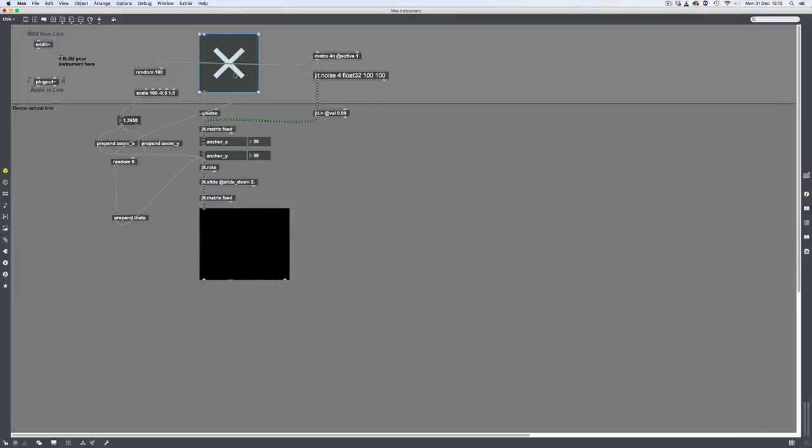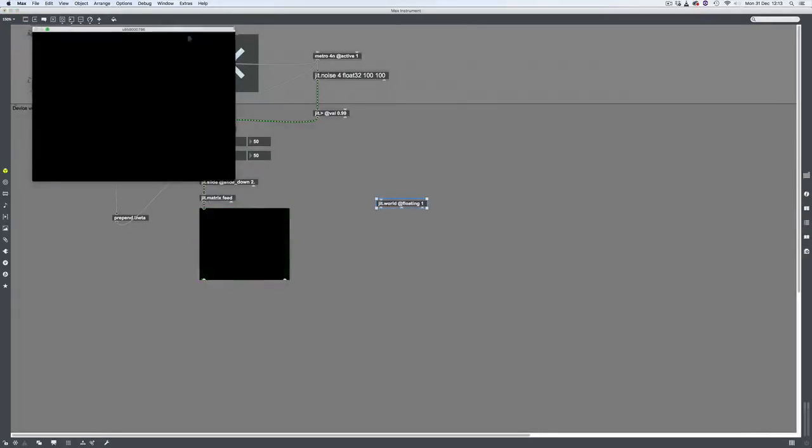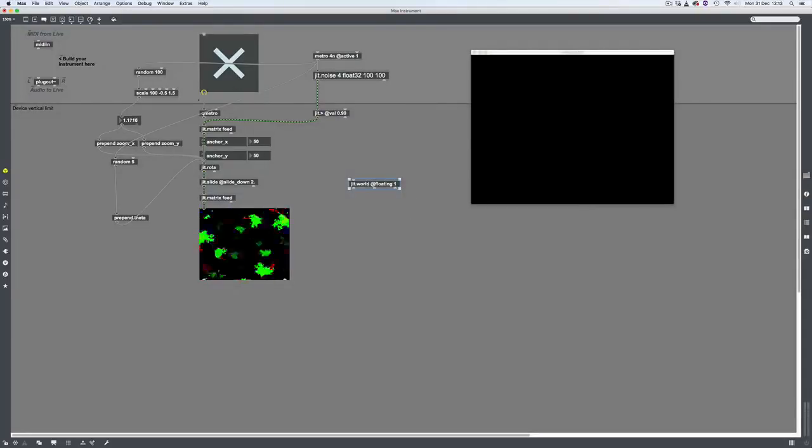Okay, so now we need to get this into the outside world. So probably we want to use jit.world, and we'll have that at floating 1, which will give us a floating window. So let's take our giant toggle here and put that into our jit.world. Now we need to get this into something that jit.world can recognize. jit.world is separate from Jitter. jit.world is more for OpenGL stuff. So we need to use an OpenGL object, a jit.gl object, in order to get our matrix splurges